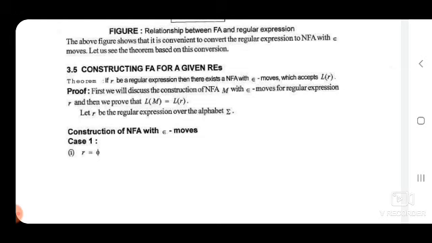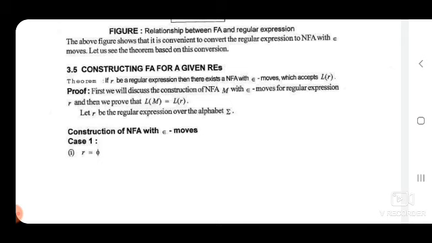We use 4 operators in regular expressions: asterisk, that is Kleene closure, dot, that is concatenation, plus for union, and we use parenthesis. Okay. So using these basic regular expressions and operators, how do we convert these complex expressions into an FA with null moves.